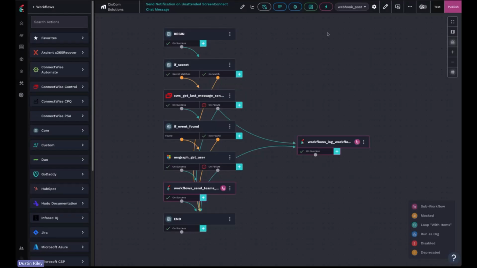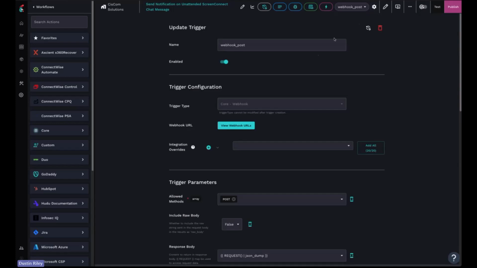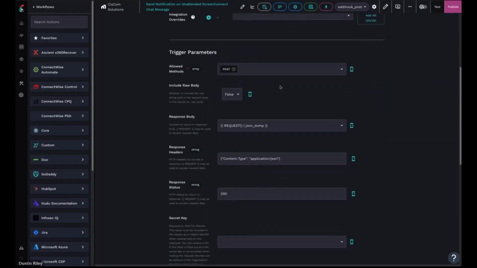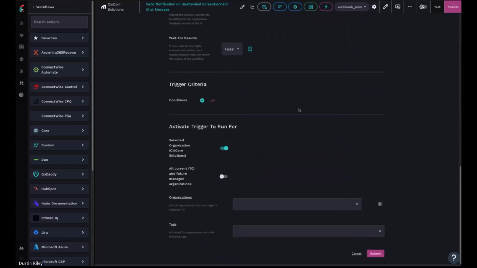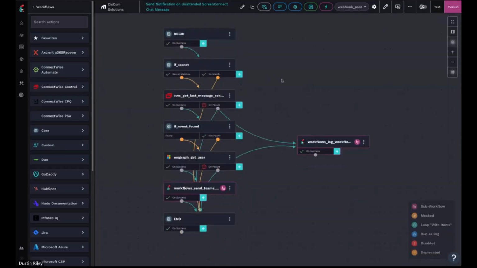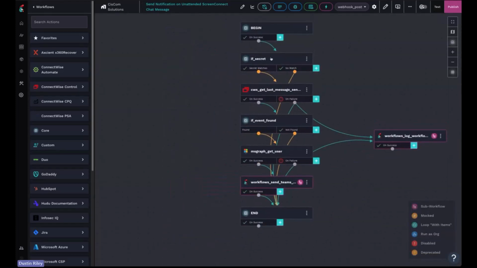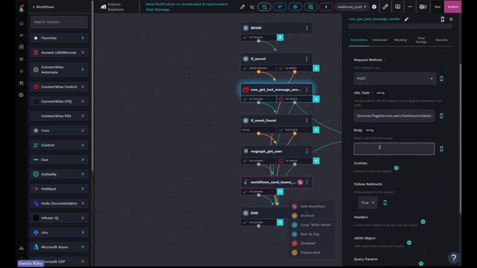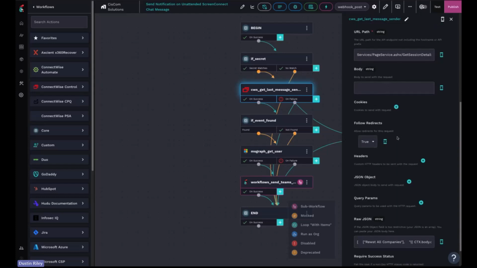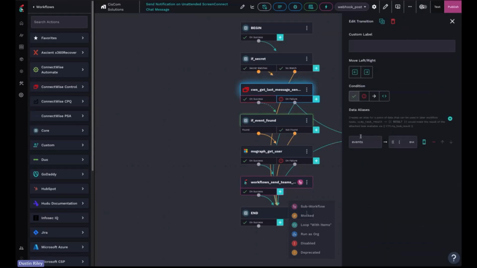Then we hop over to the workflow, and it's just a basic post webhook. Nothing special. We test if the secret matches, and if it does, we go on. And then with ScreenConnect, we use the get session details endpoint to pull out the events that have occurred on that endpoint, and then we want to filter them down